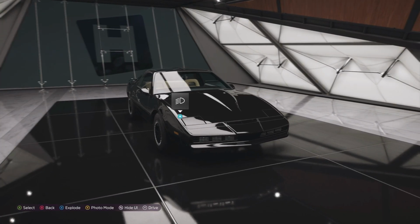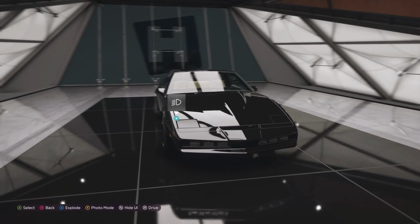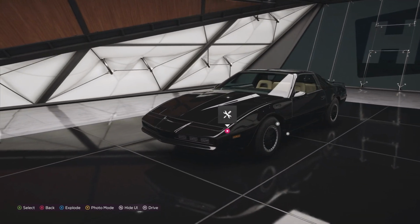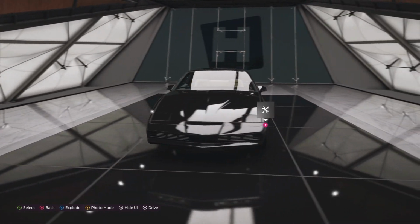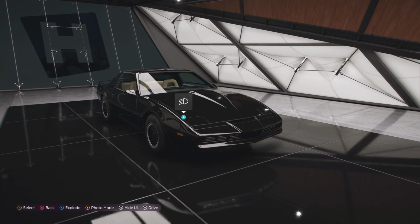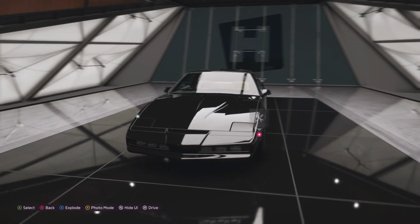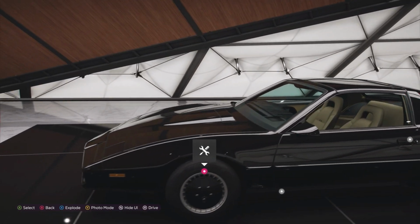So yeah, K.I.T.T stood for Knight Industries 2000, and David Hasselhoff ran the hell out of this car for 4 seasons. I think it was like 90 episodes, something like that. Not seen the series myself, although obviously I have heard of it. Unfortunately, we can't look at this car in too much detail because we can't look under the bonnet or in the boot,